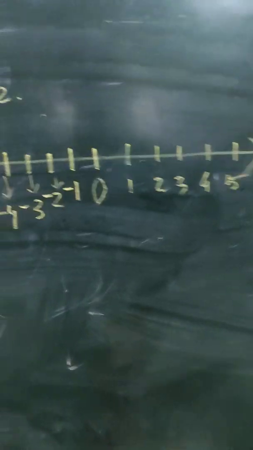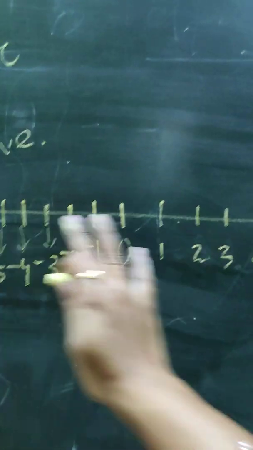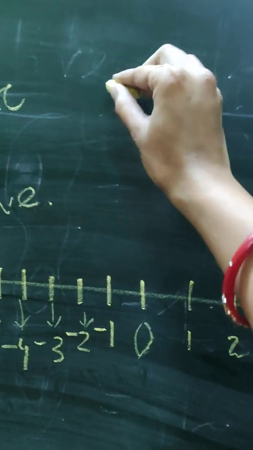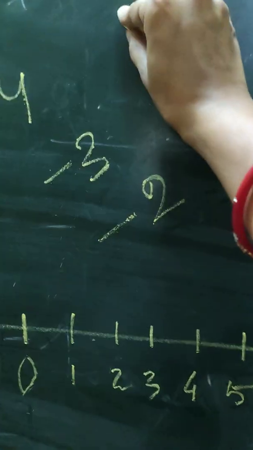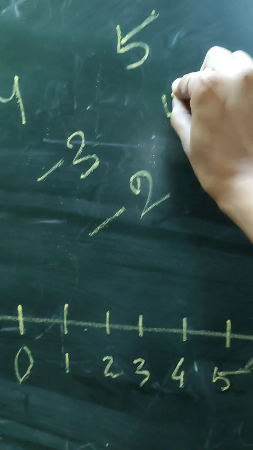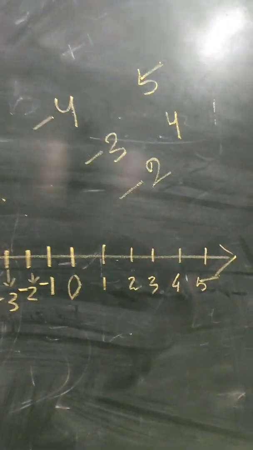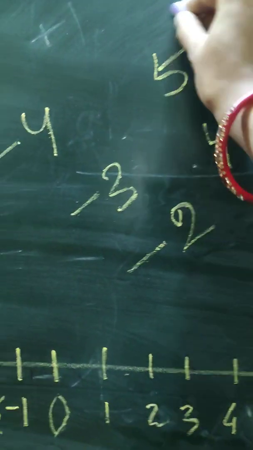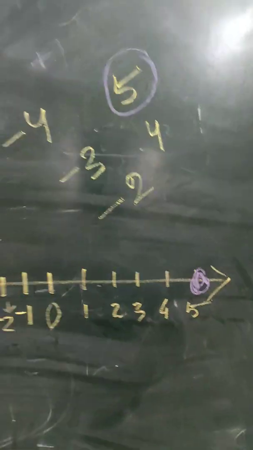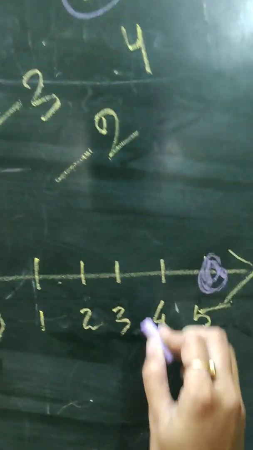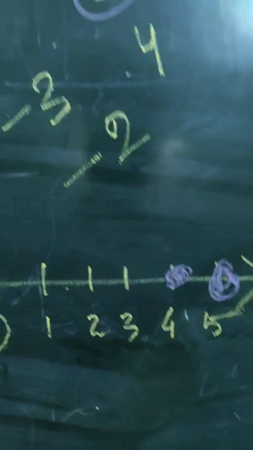Now, for example, if I tell you to mark a particular integer on a number line, how will you do it? Let's see this for example. Suppose I tell you to mark -4, -3, -2, 5, 4. These are the integers that you need to mark. For example, I have to mark integer 5. Where will I go? I'll mark it over here. If I have to express 4, this is 4, put a dot over here.